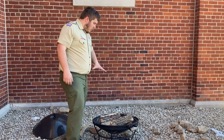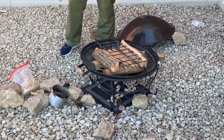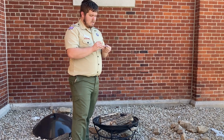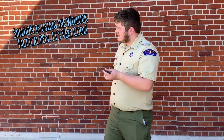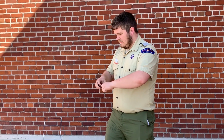Now that I have all of my fires set up and ready to go, I can use a couple different things to start my fire. For instance, I could use a match from a matchbook, or I could use something like flint and steel. This is a really cool thing that I have. It's a whistle, it's a pen, it's a compass, it's a glass breaker, but also inside of it,